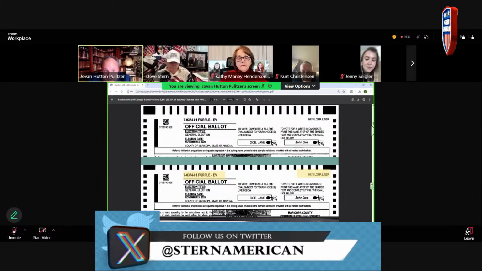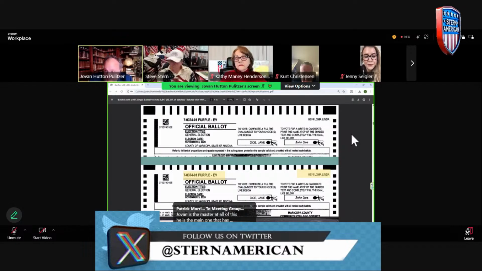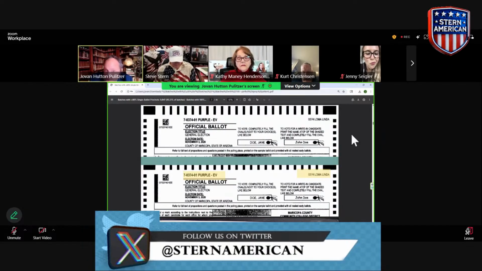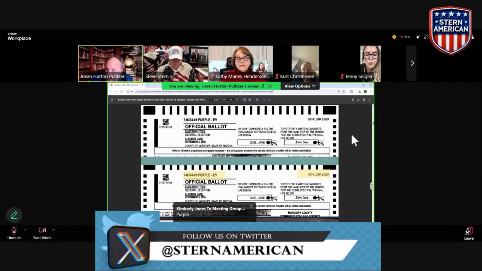Now, this one actually has more information on it when it comes to a coding standpoint, far more. Can you tell what it is? From the first two I showed you, what's different in this one? Remember, the top and bottom are the same. I've given you a cheat. I highlighted the bottom. What's different? What's different on this one is it has a color designate. Do you see it? It says purple. See it right there? Plain writing. So this one actually has more information. It's purple. It's an early vote. It's precinct 374 and it's Loma Linda.